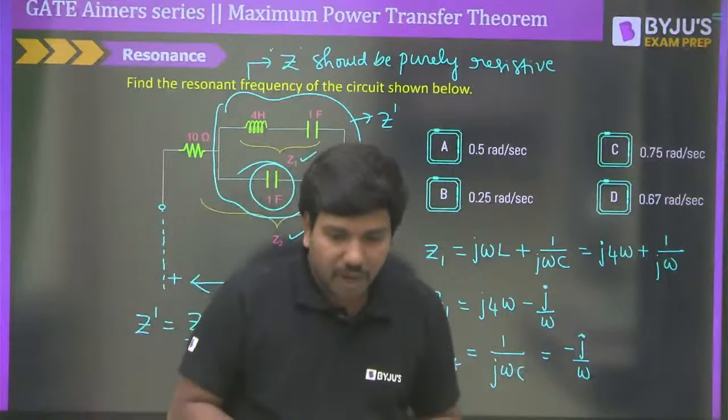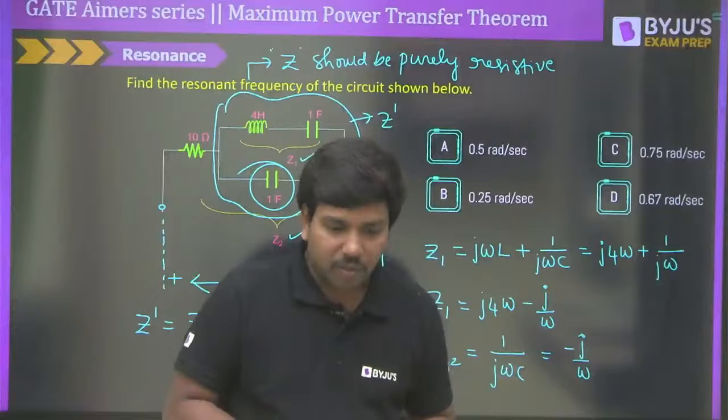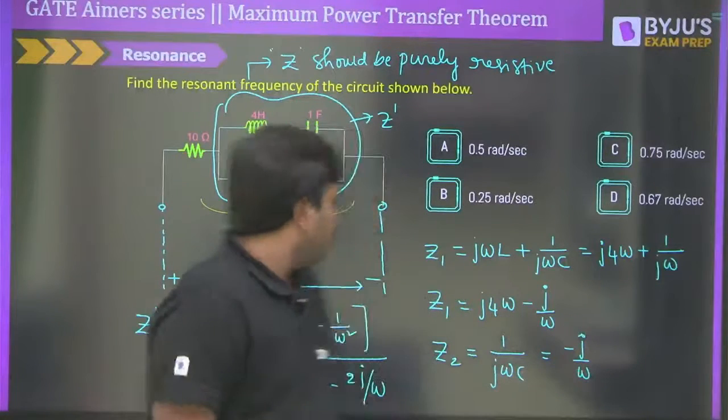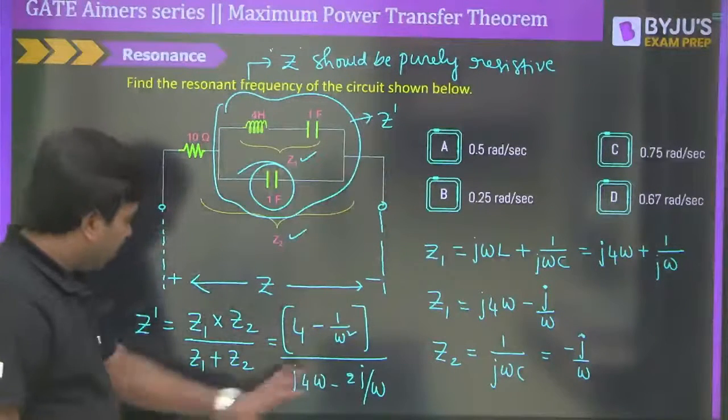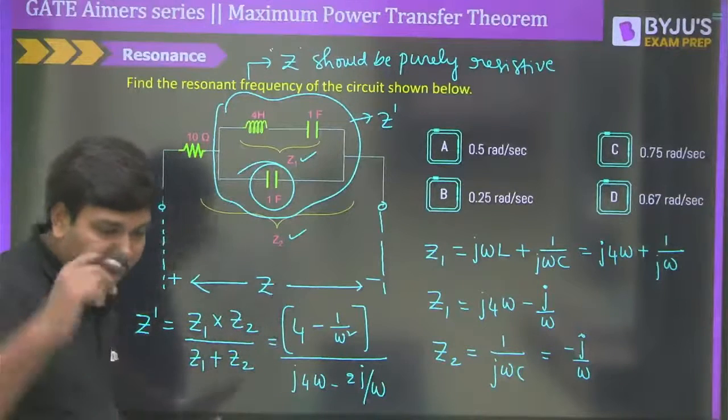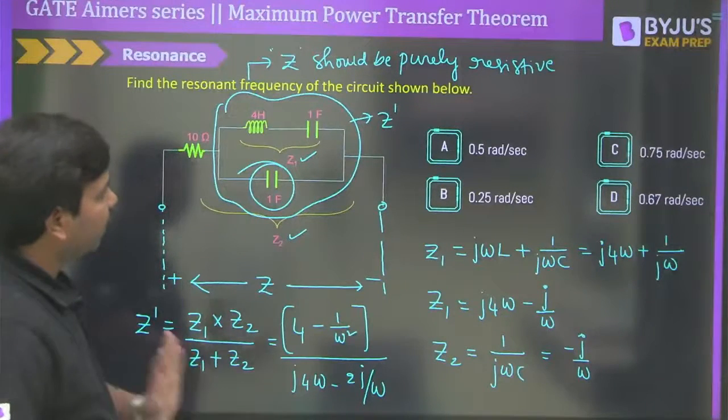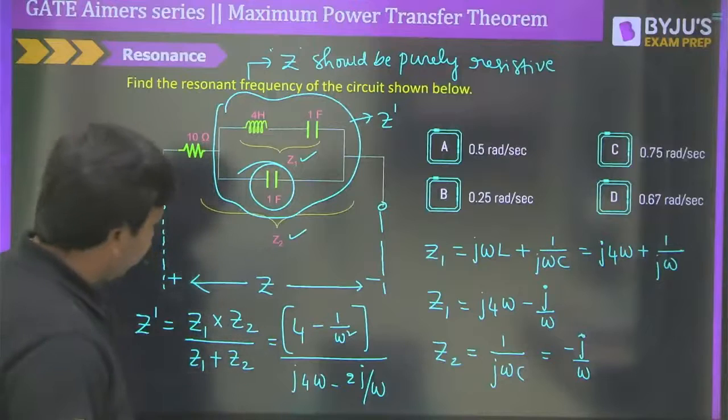Taking admittance and then the imaginary part should be equal to 0. Well, you can do that. Try to do it and let me know the answer. Don't explain the procedure to me. You please complete, Madhu, and let me know what the final answer is. I will be happy if you keep the correct answer.